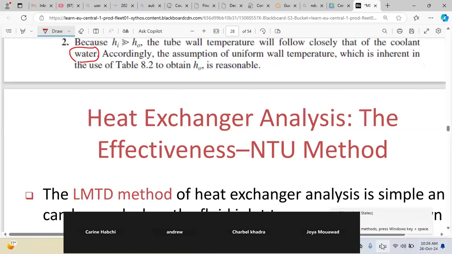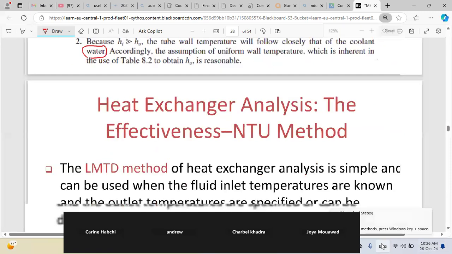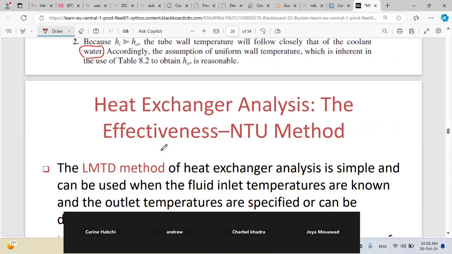Okay. Now, in heat exchangers, we have several analysis methods. We have done together the first method of analysis using delta T logarithmic, okay? But this method is not always applicable. So the LMTD method, which is using delta T logarithmic